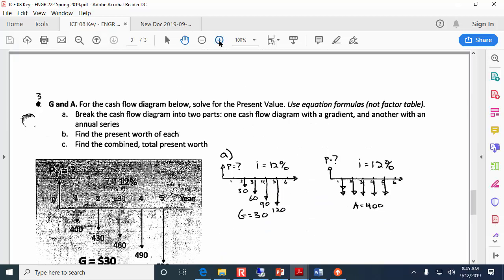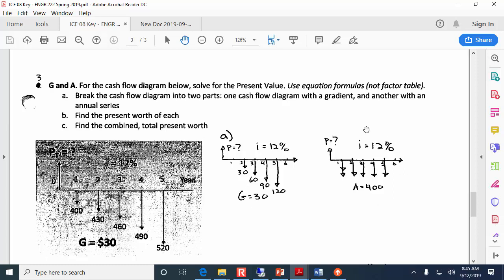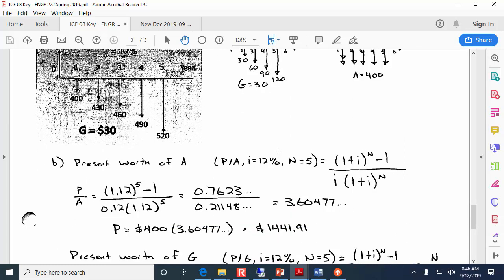All right, so we've got this cash flow diagram that we've broken into 2 parts. We've got an annual series where A is 400, N is 5, the interest rate is 12%. We've got a gradient where G is 30, N is 5, I is 12. We want to find the present of those two things and then combine it. So the first part, if we want to do the annual series first, then according to the equation method, we look up the equation for find P given A, substitute in all the variables, we get this factor, 3.60477... That just means I left all the precision in the calculator so that I can report the answer to the nearest penny. So you multiply that factor by the given annual amount of 400, and the component of the present value that's attributable to the annual series is